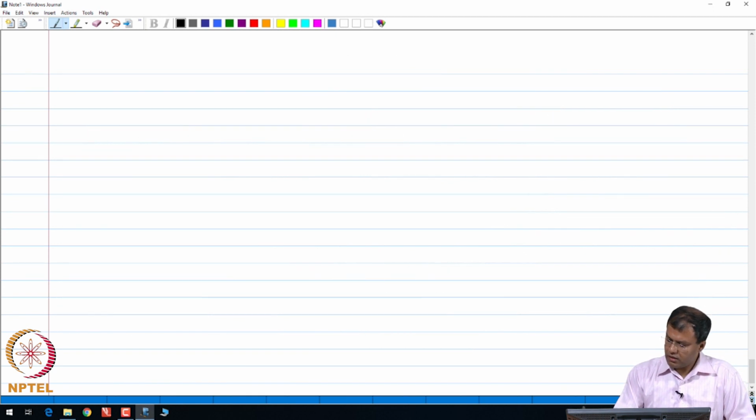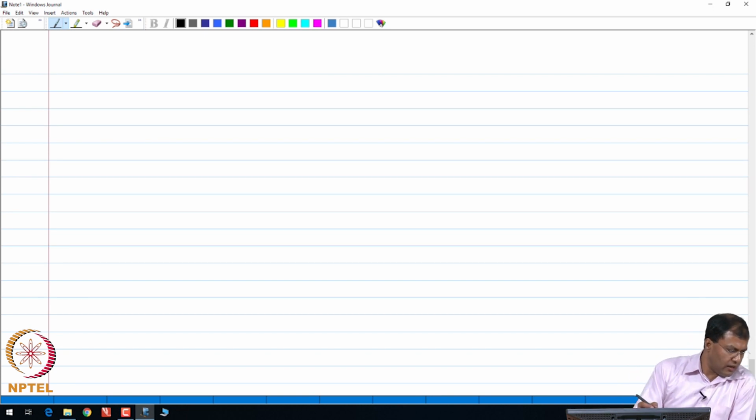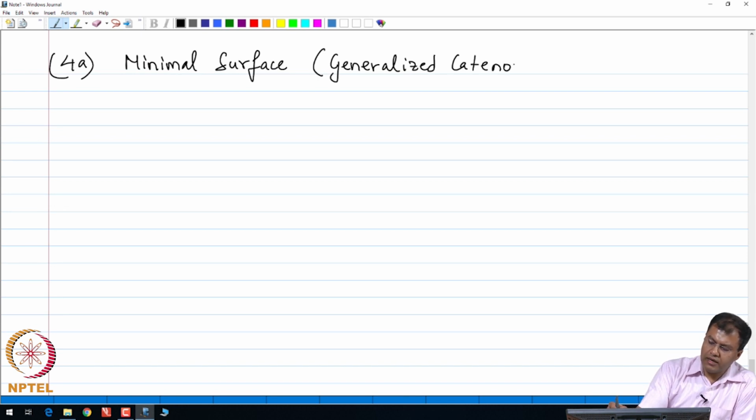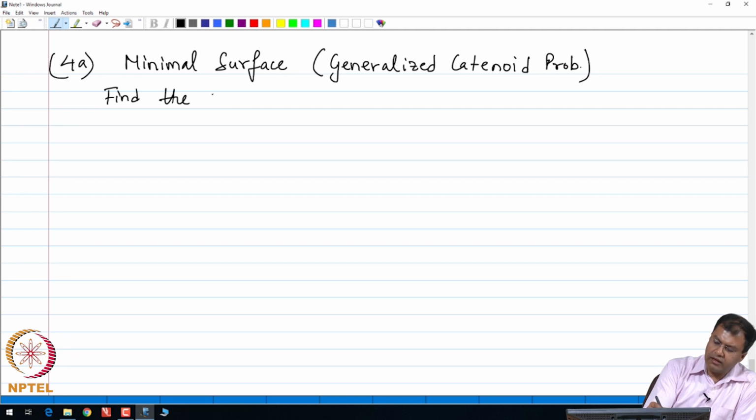Moving on, let us look at a related problem, that is to find the minimal surface. The minimal surface similar to the catenoid problem. I can refer this problem as the generalized catenoid problem that I showed earlier. Okay. So, in this case the problem says we have to find, again this is the geodesic problem, but in two independent variables. The problem says we have to find the surface,